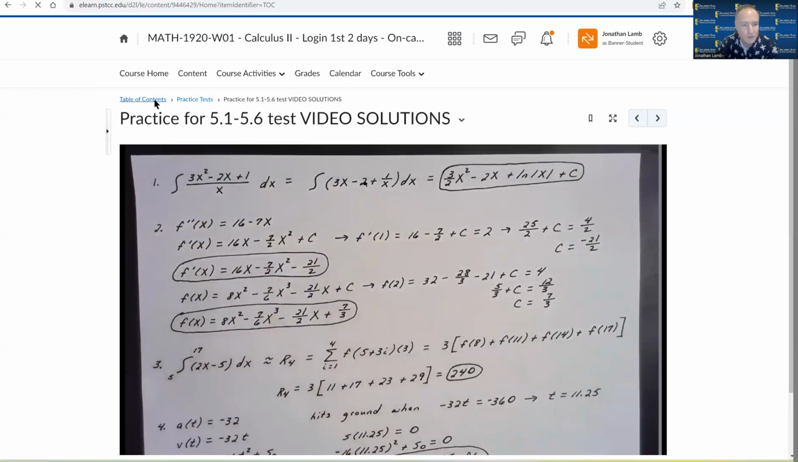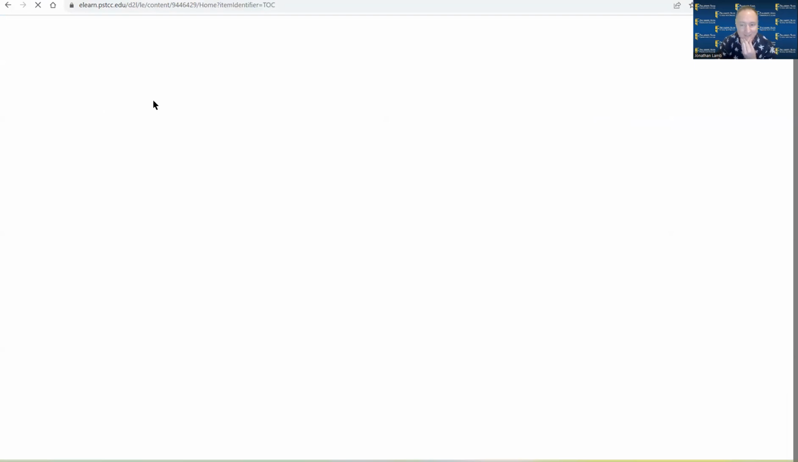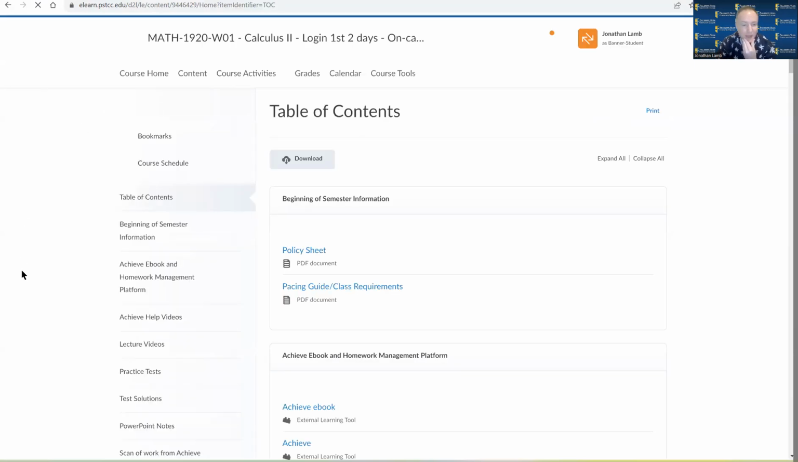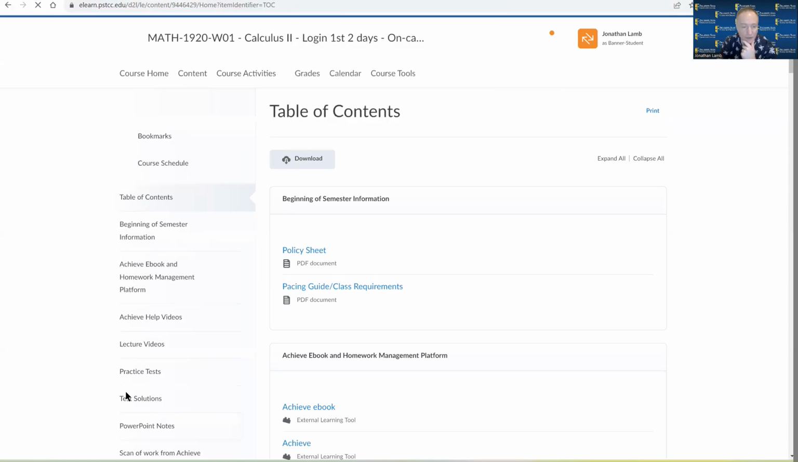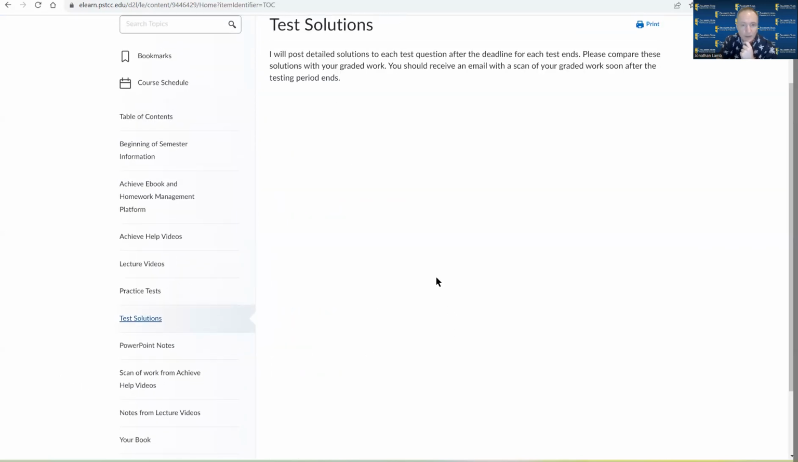Now, if we go back to table of contents here, let's see. After practice tests, well, there's obviously nothing in this next one yet. Test solutions. Test solutions is going to be exactly what it is. Once we have a test this semester, I'll post any answers to it there. Let's see. Internet is going so slowly. There we go. So like I say here, I will post detailed solutions to each test question after the deadline